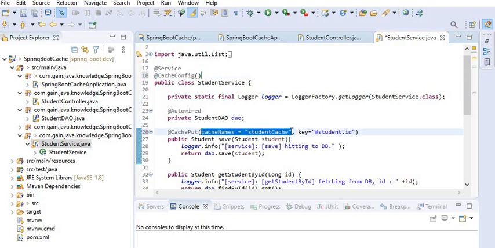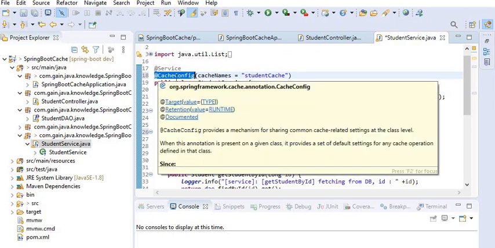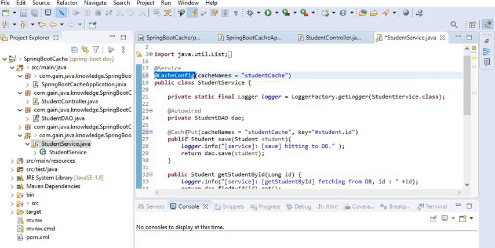So I will copy it. @CacheConfig is a class level annotation that provides common cache related settings by default, and it tells the Spring application where to store cache for the class. When we annotate a class with this annotation, it provides a set of default settings for any cache operation defined in the class.